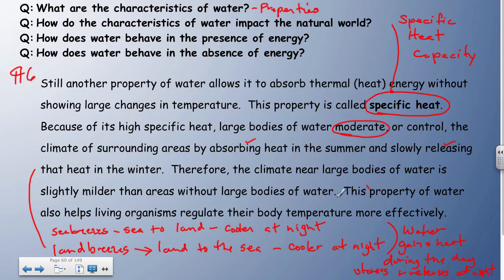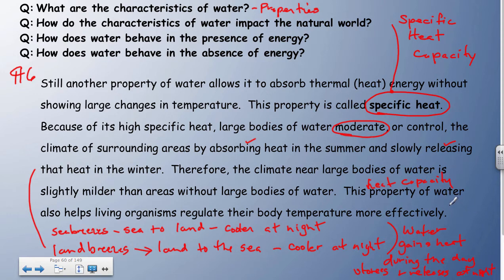Like here in the valley, we have no large bodies of water like Lake Michigan or Lake Erie or the Atlantic Ocean. We have mountains and land masses, but the climate here in the valley and west of the Blue Ridge Mountains is a lot different than the climate near the ocean to the east side of the Blue Ridge Mountains. This property of water, specific heat capacity, also helps living organisms regulate their body temperature more effectively,